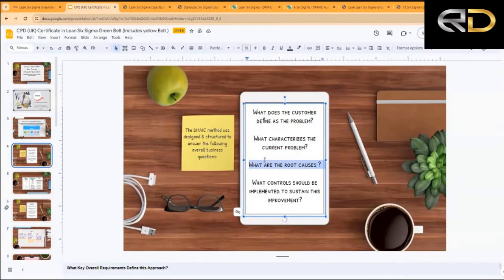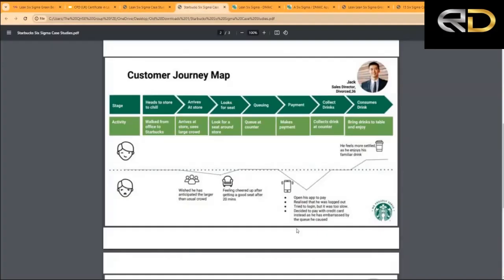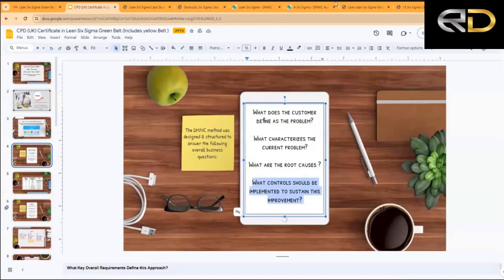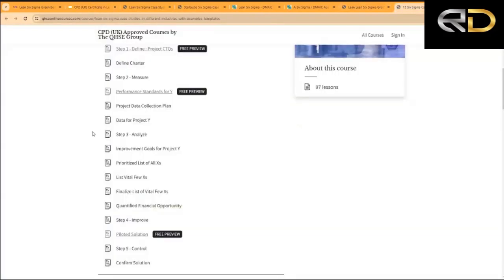Why is it happening at that time? And what controls should be implemented to sustain an improvement? What controls should be implemented so that we don't go down this dotted line, we always stay above this line. And this same methodology, these same questions, this is what you're going to see when you read out this Six